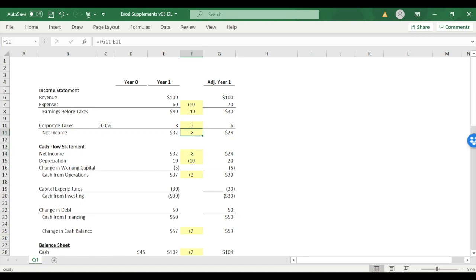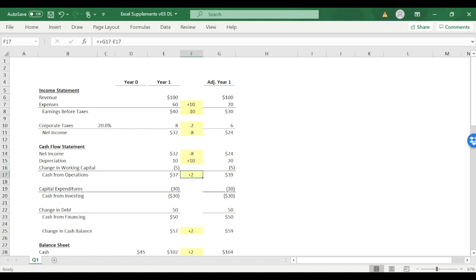Net income flows from the bottom of the income statement to the top of the cash flow statement. Since that's down 8, that's going to decrease there by 8. Now, depreciation is a non-cash expense. So to reconcile from accrual accounting to get to cash, we have to add back that depreciation because there was no actual cash going out the door of the business to pay for this quote-unquote depreciation expense. So we add back that depreciation amount of 10 in the first place,